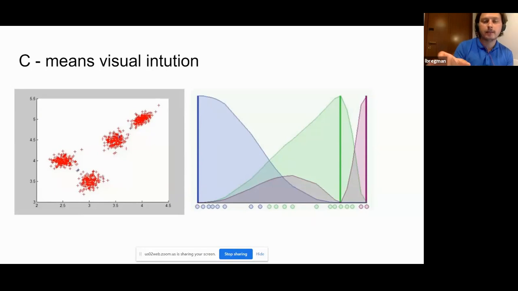But then what you can do next is, for every single customer, figure out the proportion to which he belongs to this, that, and that cluster, and show him some proportion of ads accordingly to his belonging to clusters.